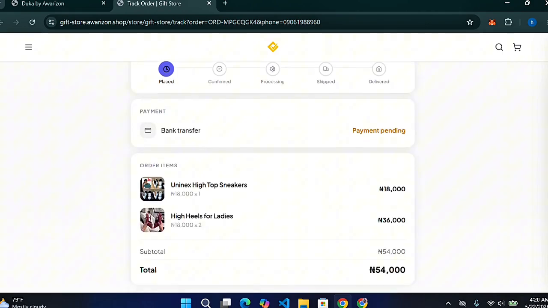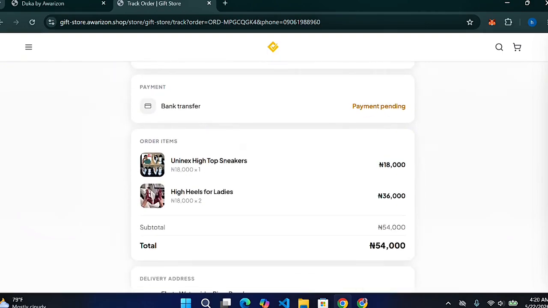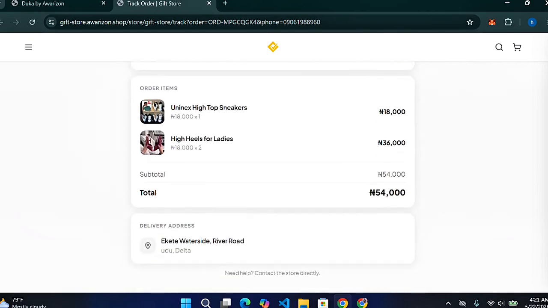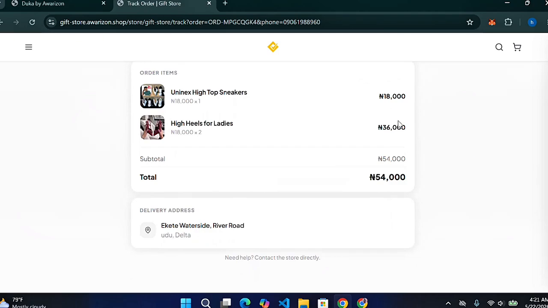So you can see payment, bank transfer. So it's pending payment, right? Because we've not had a confirmation from the admin side. Okay, so you can see the total item ordered here is 54,000, and this is the address we are ordering